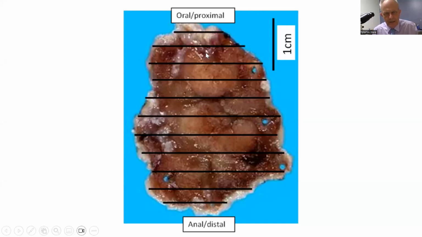And when the technologist cuts those sections, that is a 4 micron slice, okay? So every block that is sectioned, if we've got here, for example, 1, 2, 3, 4, 5, 6, 7, 8, call it 10, 11, or 12 sections, we are examining histologically, let's make it 10 sections.